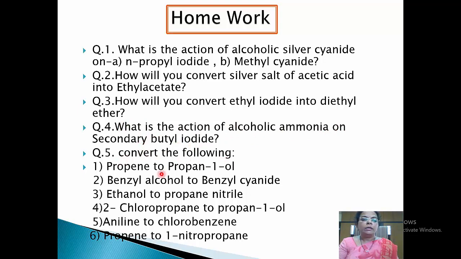Convert the following: propene to propan-1-ol, benzyl alcohol to benzyl cyanide, ethanol to propanenitrile. Now the formula of propanenitrile is CH3CH2CN. 2-chloropropane to propan-1-ol, aniline to chlorobenzene, and propene to 1-nitro